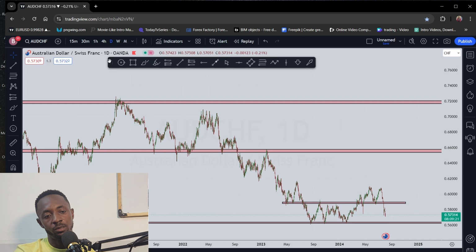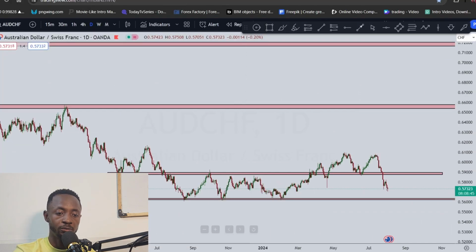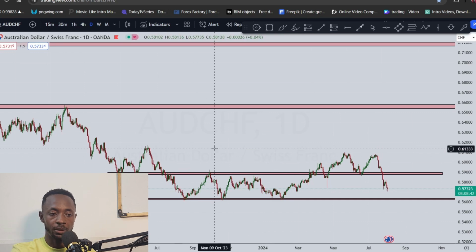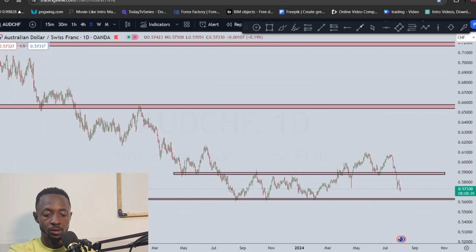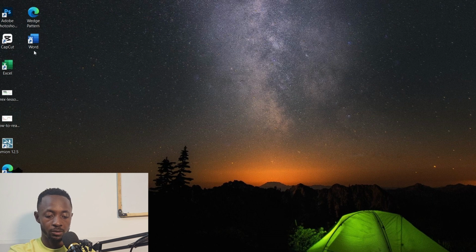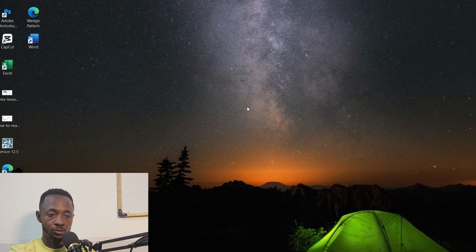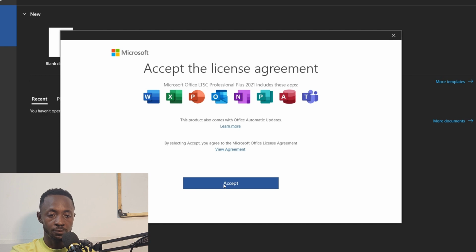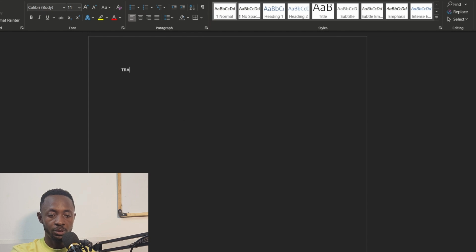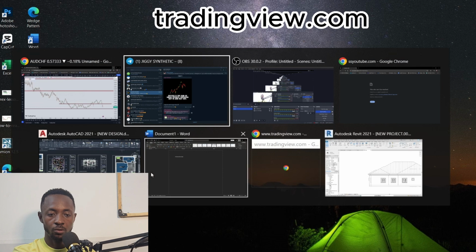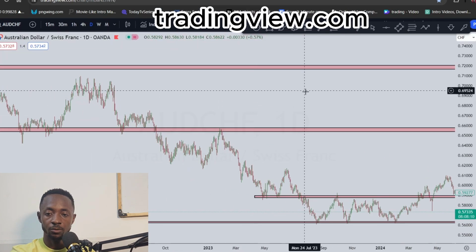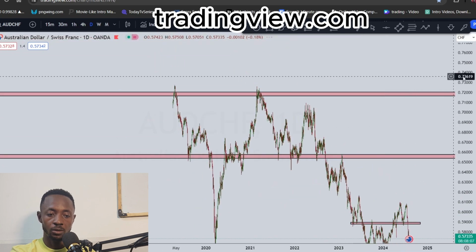So when you want to trade, we have a very general platform where we all trade from to study the charts, especially if you trade currency pairs. It is called tradingview.com. Okay, let me bring out my Microsoft Word so I can type some things for you to see. We have a website where we trade. It is called tradingview.com. When you type that into your search bar, it will take you to a place that looks like this,